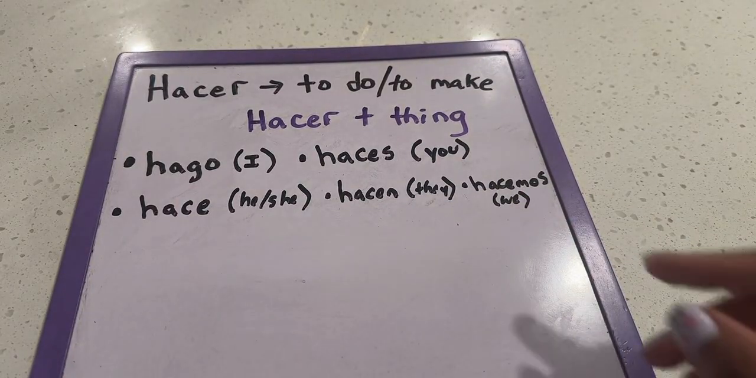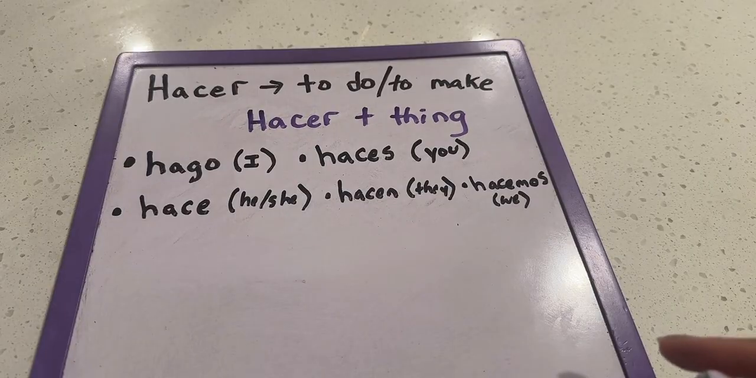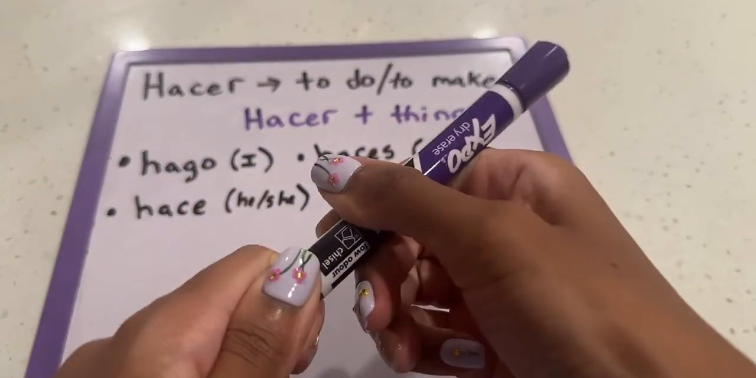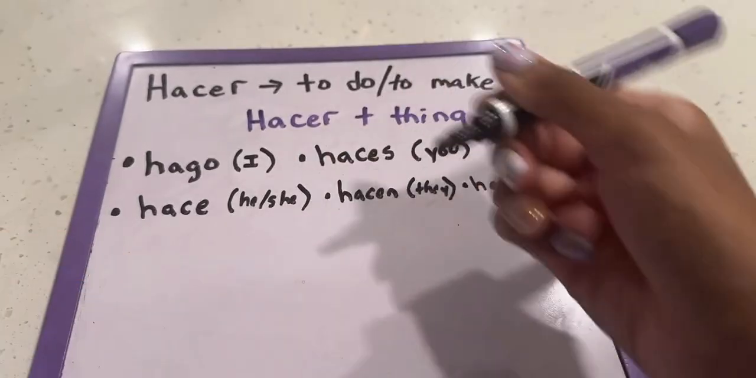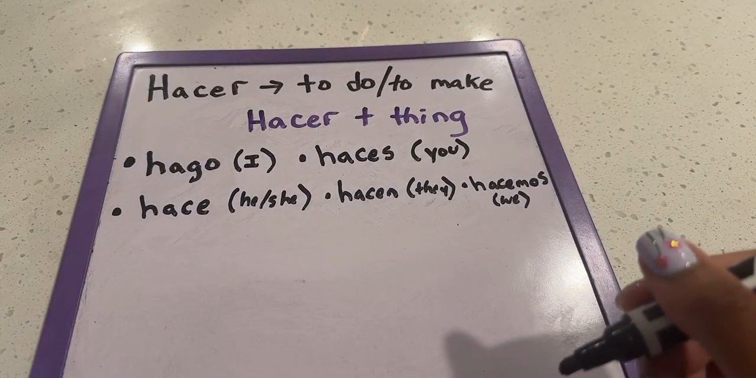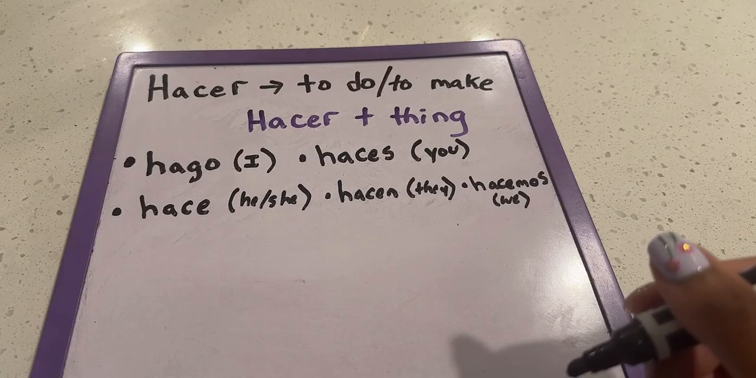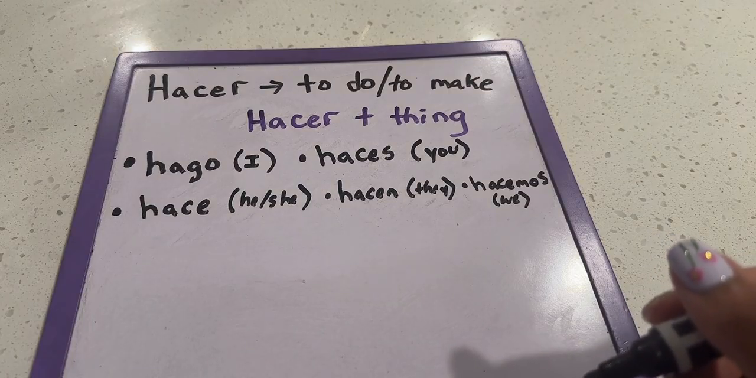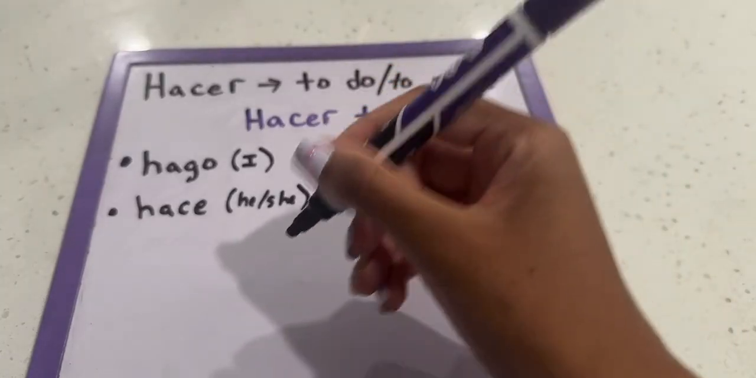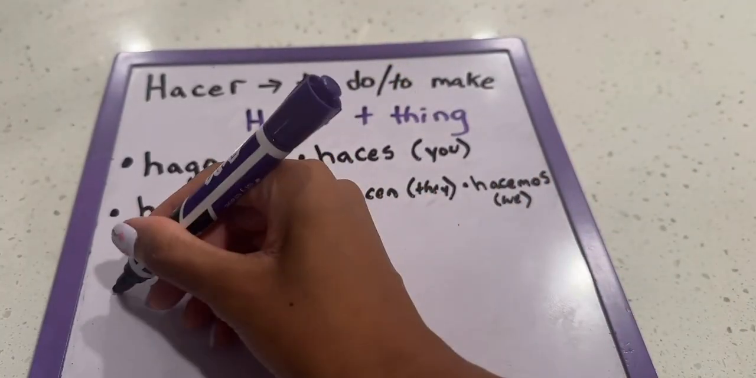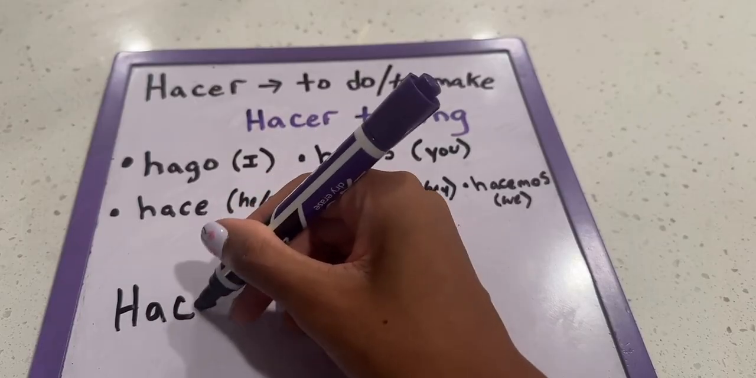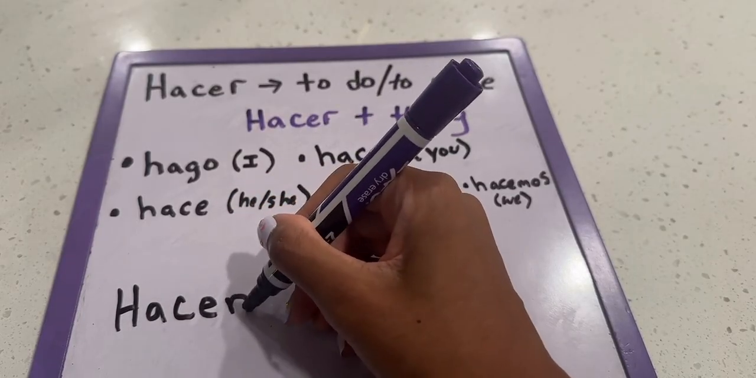Now, let's see. Let's try a different tense. So we did the I form, we did the you form. Let's try another one. There's a lot of good ones, but I want it to be something good. Okay, I see it. Let's do